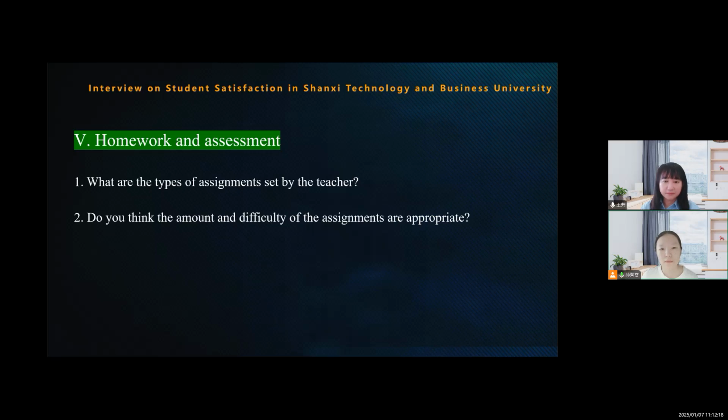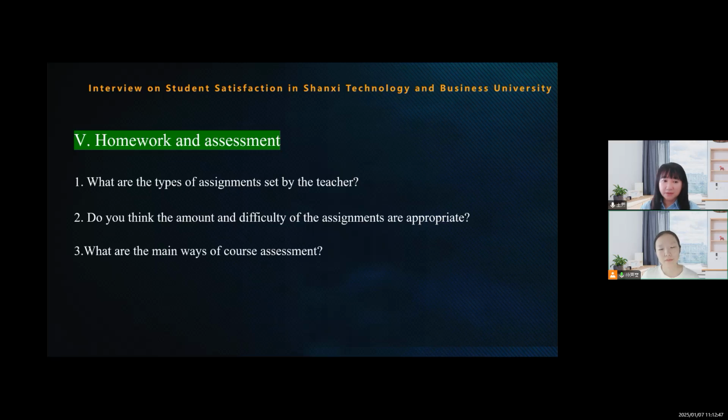However, sometimes the group business project planning homework is more difficult, requiring more time and energy to conduct research, analysis, and planning. And there may be some communication and coordination problems in the process of team collaboration. But after completing such homework, we have gained a lot, and can improve our comprehensive ability.